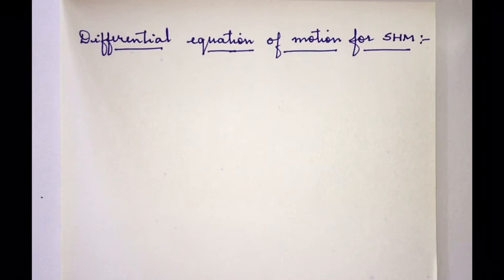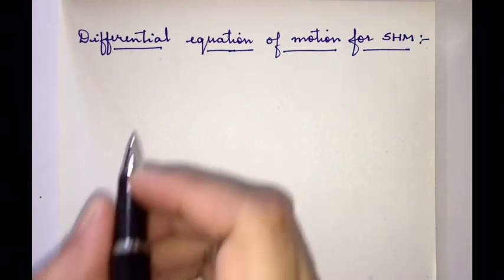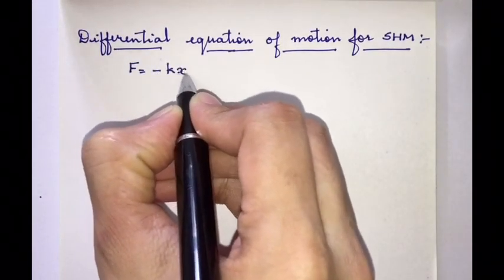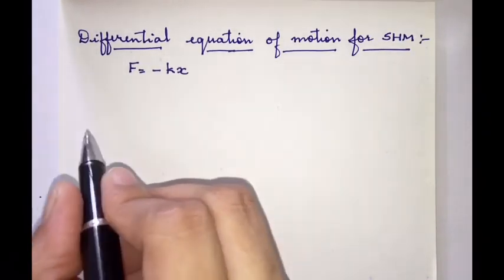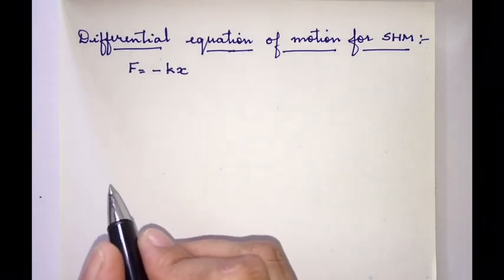For such oscillations, the only force acting on the body will be the restoring force. Restoring force is the force which wants to bring back the body to its original or mean position. Because of this, the body will keep oscillating, and that is the only force acting on the body. And we know the restoring force for a vibrating body can be written as F is equal to minus K into X, where X is the displacement, in a direction opposite to the restoring force, and K is the force constant.